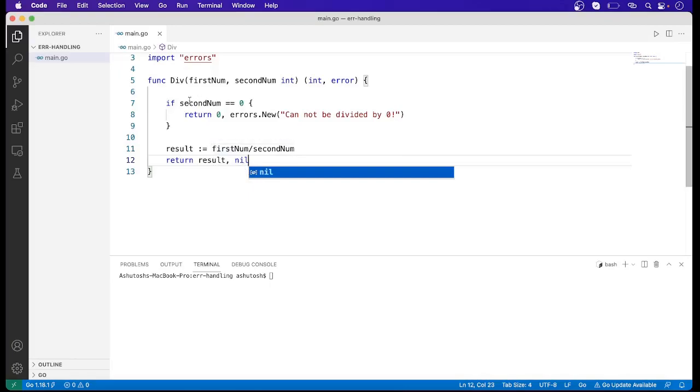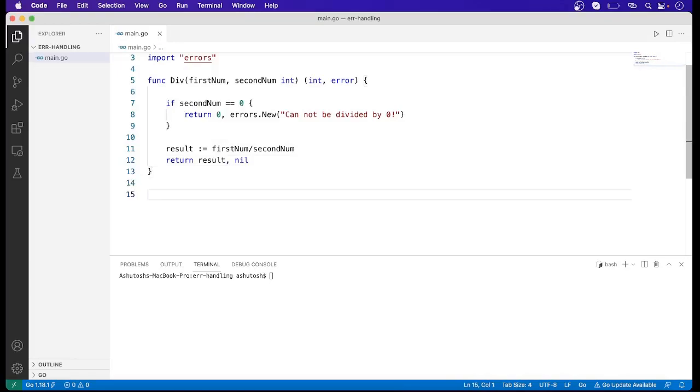And in the first condition where second num is 0, for the integer value we will return 0. So now to use this method we will have to define another method.